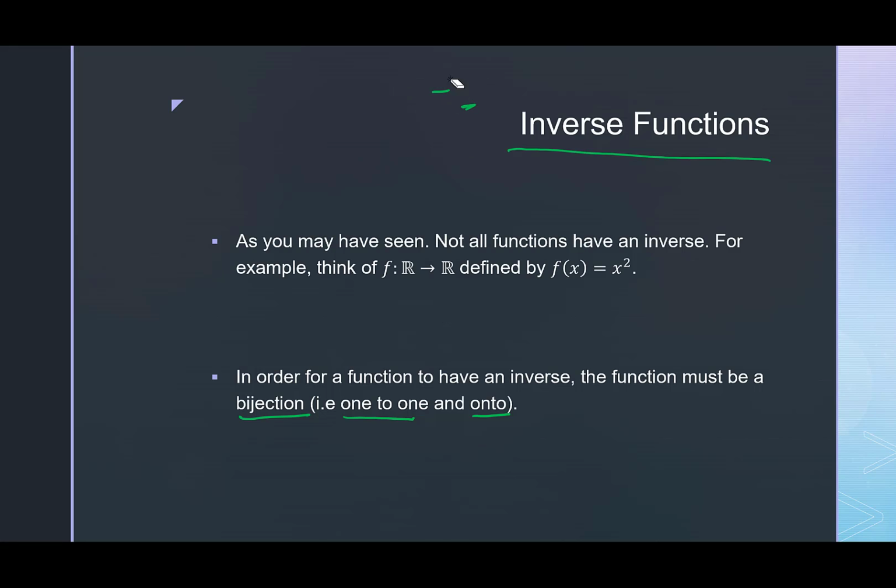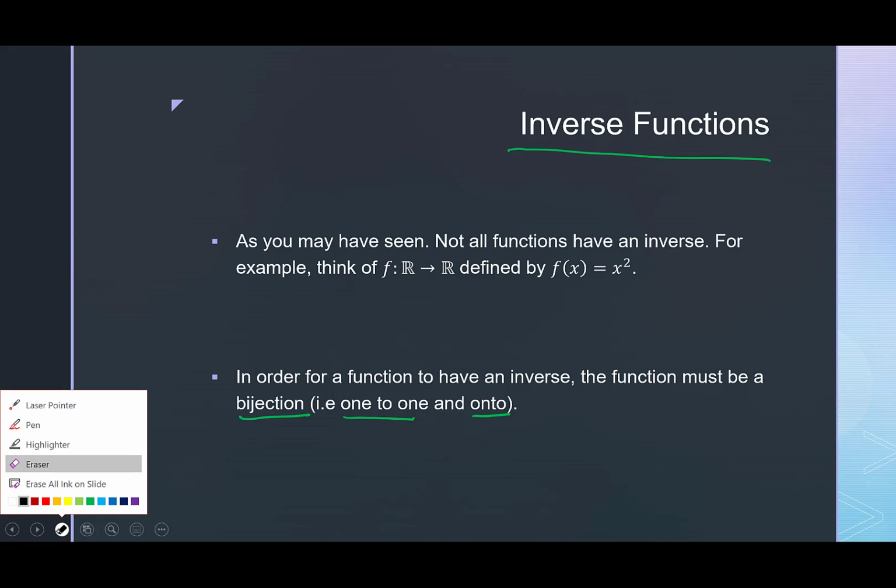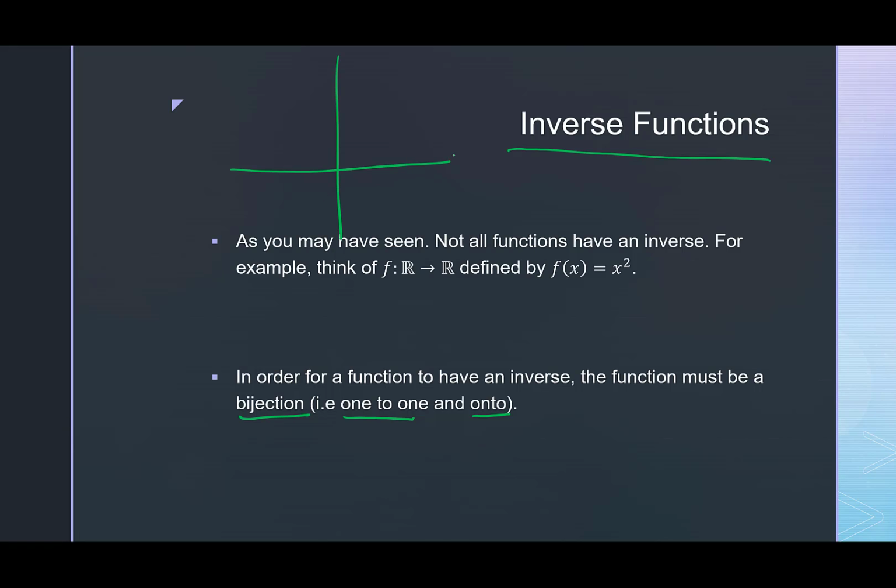So to do that, let me sort of walk through how you would go about that. So here's x squared on R to R. And so notice a couple of things. First of all, notice that the range is not all of the real numbers, right? x squared only outputs non-negative numbers. Notice how all the y values here are all above 0, and including 0 there at the vertex. So the first thing we have to do is restrict the range to 0 to infinity. So let's chop off the negative y-axis here.